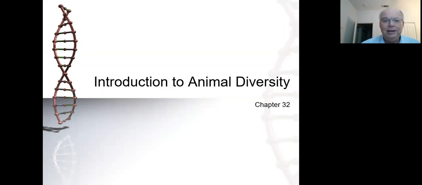And so this should not be a very long presentation, certainly not as long as some of the previous presentations, and most definitely not as long as the last two will be as we look at the animal kingdom in total in chapters 33 and 34. But this is an important chapter because it lays the groundwork for where we're going in chapters 33 and 34. You're going to find that there's some redundancy here in this presentation because there are going to be some ideas presented that you've already seen in the previous presentation for chapter 47. There is some crossover there.